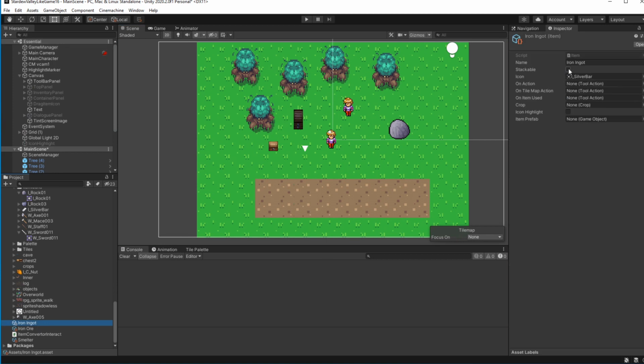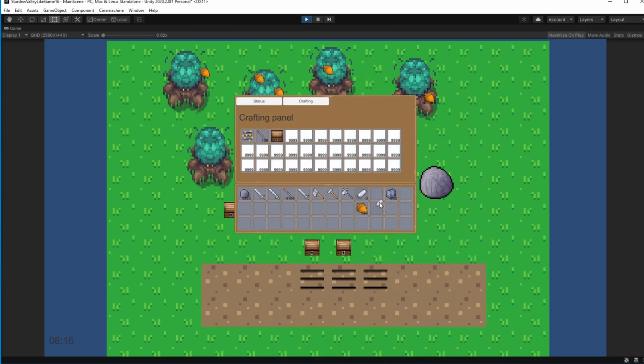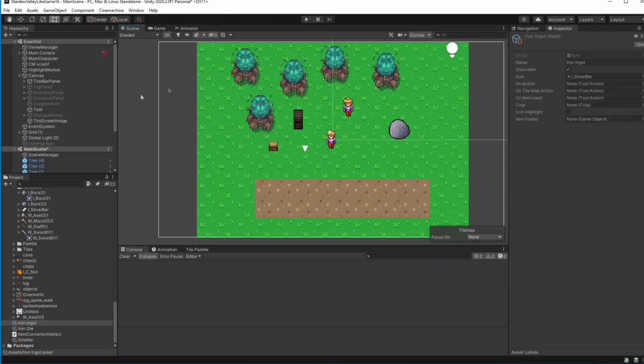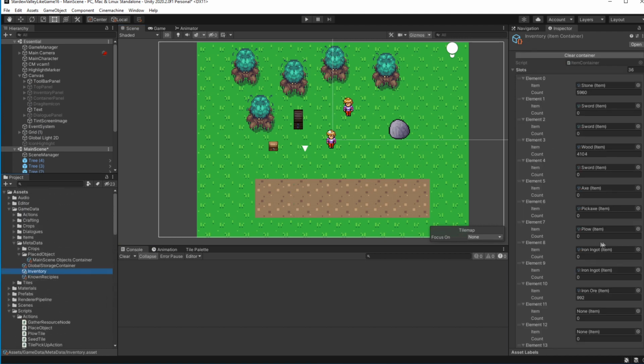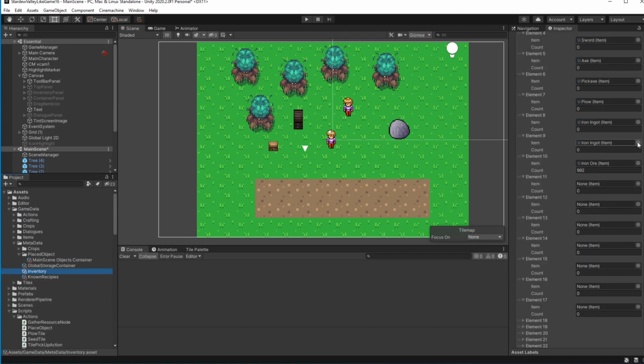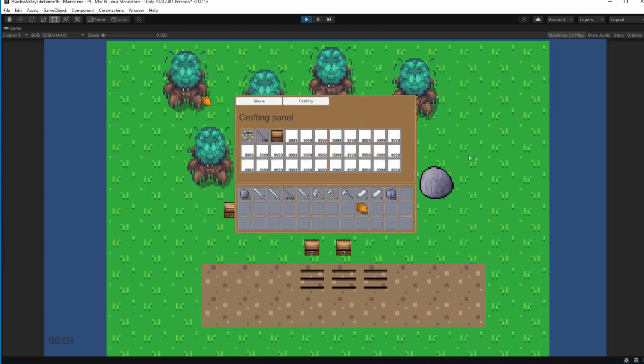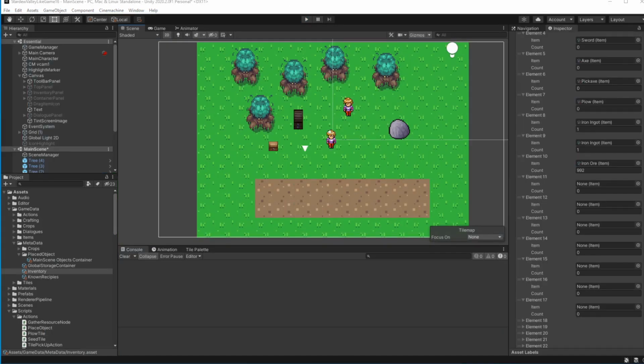Well, I forgot to mark our ingot as a stackable item. Wait, you can simply combine them by clicking on each other like this?